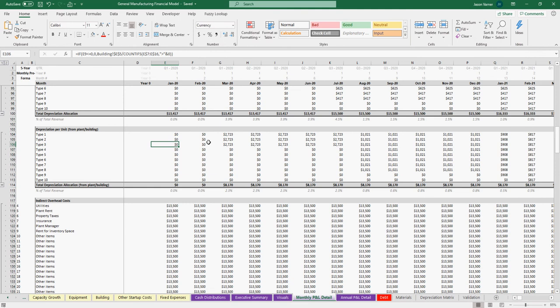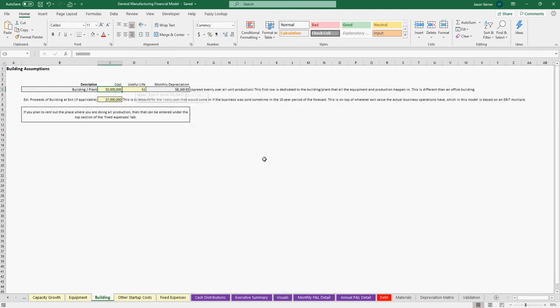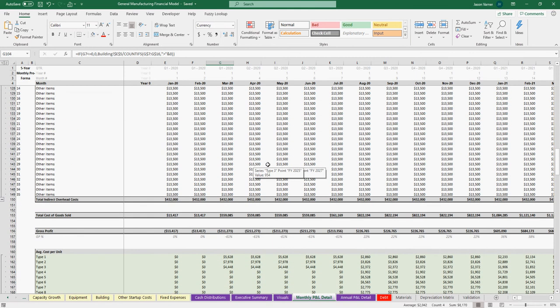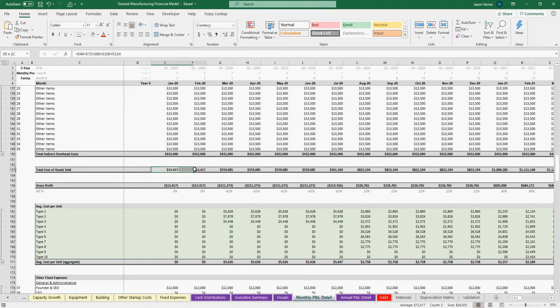And then we also have the depreciation from the plant building, which is separate because I had to include it over here as its own assumption, but that's accounted for. Here's indirect cost overhead, which is not double counted again, but it's just there for reference. Then we've got our total cost of goods sold, the gross profit, which this gross profit is really important for manufacturing because that's basically all how you're making money and how you're allocating your costs per